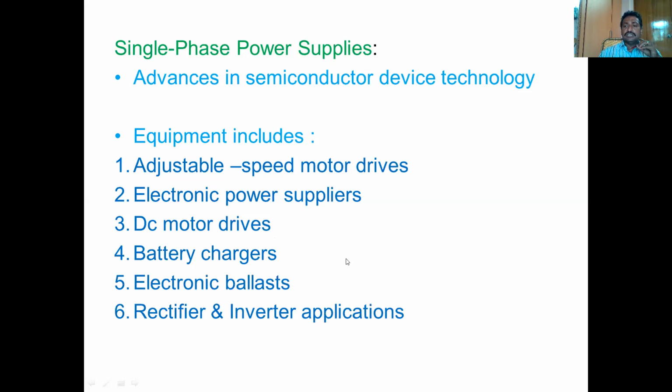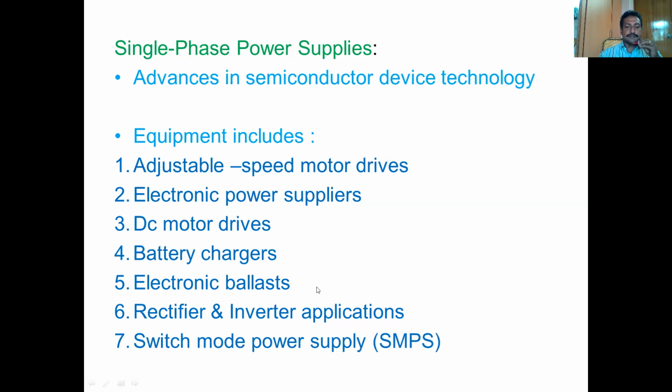Already I told you, when power conversion happens from one form to another, AC to DC is done by rectifiers, and DC to AC is done by inverters. So if you use this conversion process, definitely harmonics are developed. Why? Because power electronic components are used in these rectifier or inverter applications. Then switch mode power supplies. These are used in computers, SMPS. Due to this also harmonics are produced.